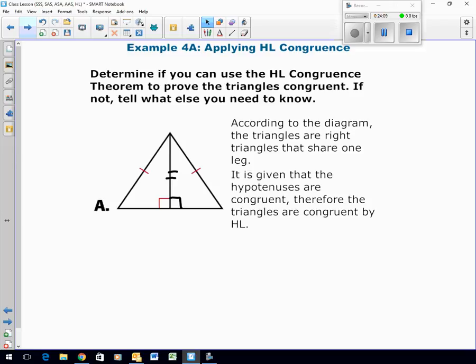CPCTC stands for corresponding parts of congruent triangles are congruent, which means that once I get that the 2 triangles are congruent, all the other angles and all the other sides are congruent. Okay? It's not that bad. You got to get through this first. Okay? Are there any other